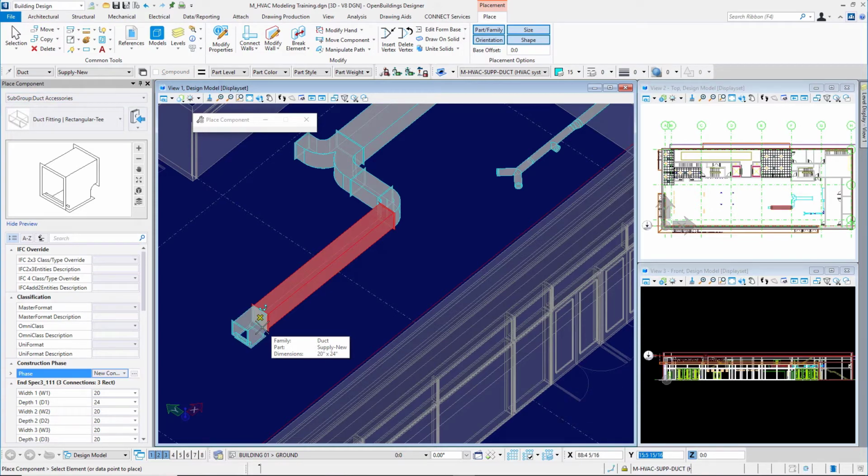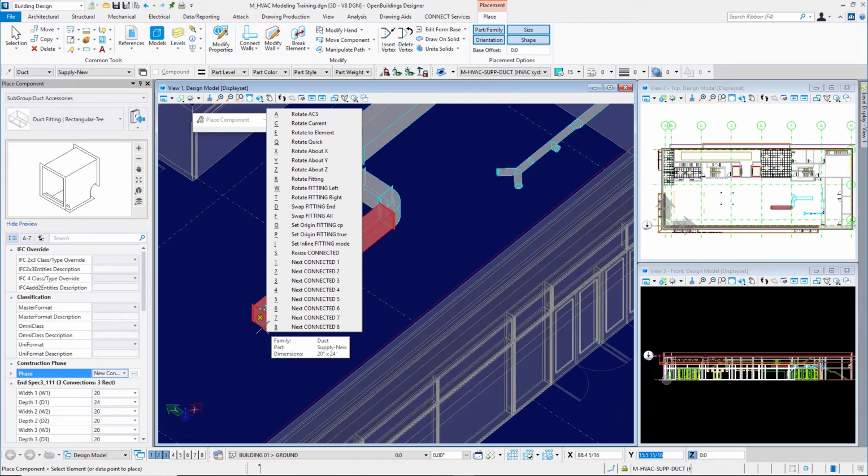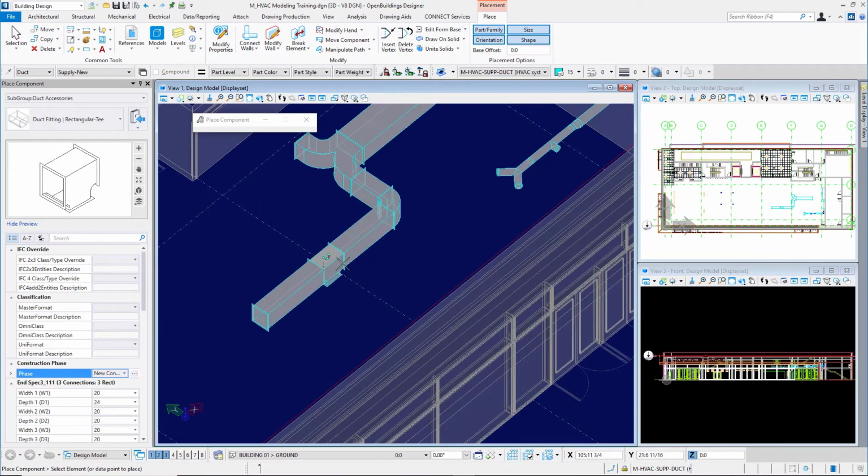That puts my focus into AccuDraw, and I'll type in RI. So R, notice how I get this list that pops up. These are additional keyboard strokes that I can type in to activate that particular component. So notice that the I says set inline fitting mode. So I press I on my keyboard. So now, instead of placing that T on the end of that run of ductwork, I can locate it here